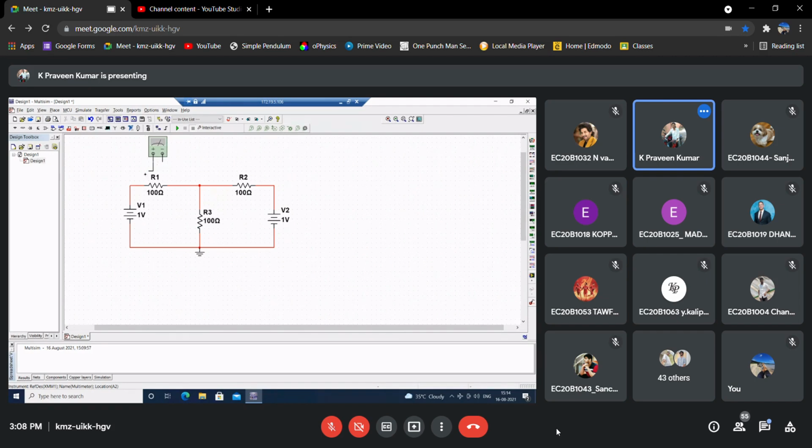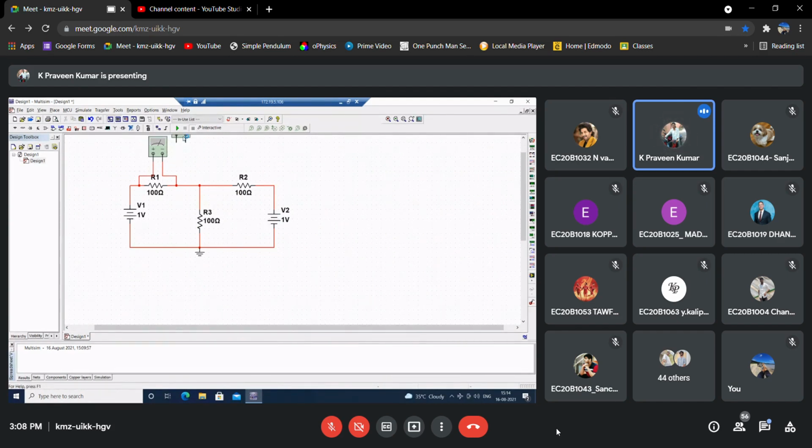So if I want to measure voltage, how do we have to connect the meter? Across the resistor, right? So I think you are aware. If you want to connect a voltmeter, you have to connect across the branch, that means across the element. If you want to measure the current, you need to connect the meter in series with the resistor, right? So I hope you know this.